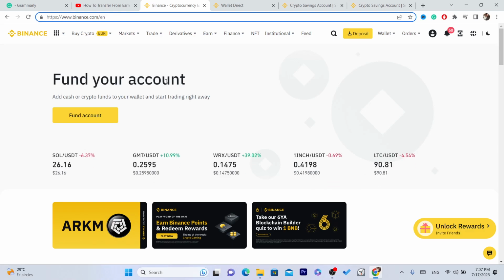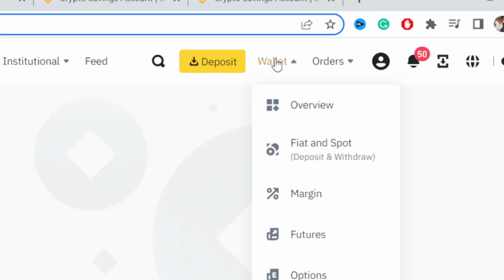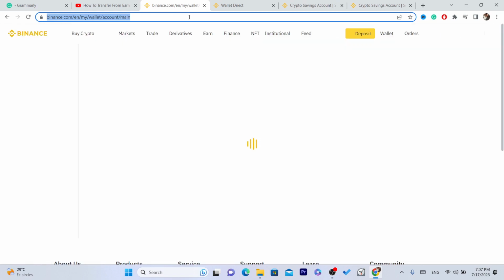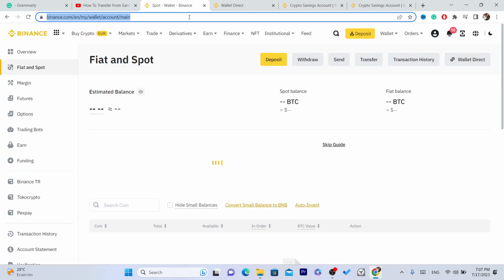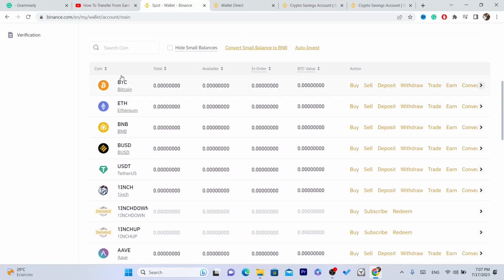crypto to. So if you are trying to send this to your friend, your friend needs to click on wallet, and then click on fiat and spot, so that I can show you guys how you can get the wallet address so that you can send them crypto from your own Binance account. They need to scroll down and select the crypto or the coin that they are trying